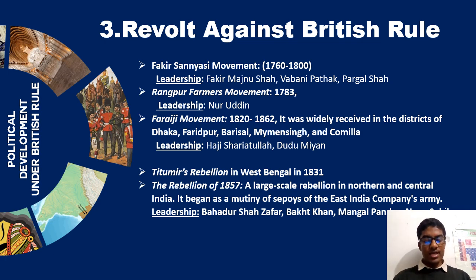So it was basically the mark of the beginning of the anti-British uprising in India, and the British East India Company was blamed for the beginning of the Bengal famine. It was intolerable oppression that was inflicted on the Bengalis, which eventually led to the Fakir Sannyasi movement. The oppressors of their time exploited the Bengal peasantry with high taxes, which eventually resulted in the Bengal famine. Thus, the peasants took arms. So why is it called the Fakir Sannyasi movement?